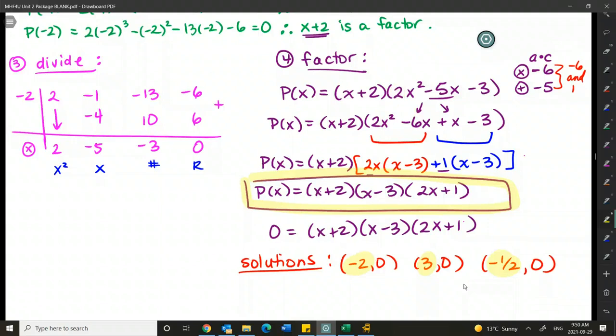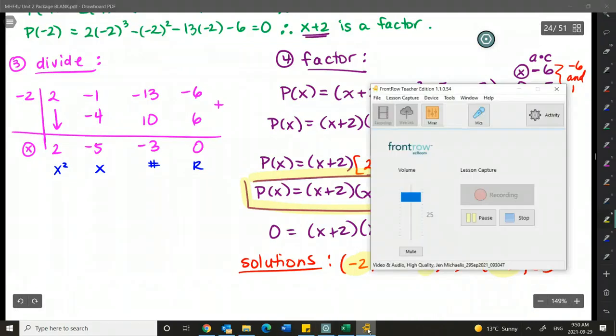Other questions? Okay, so we are working on an assignment